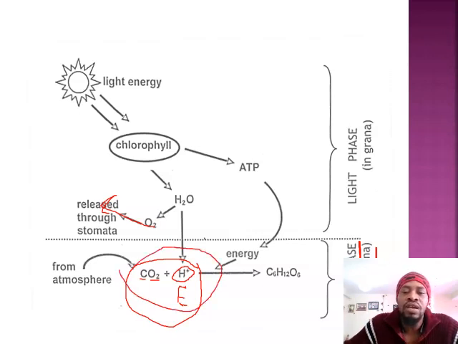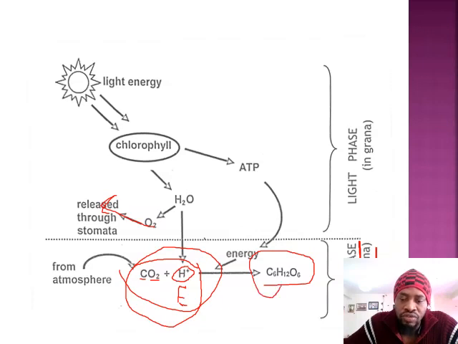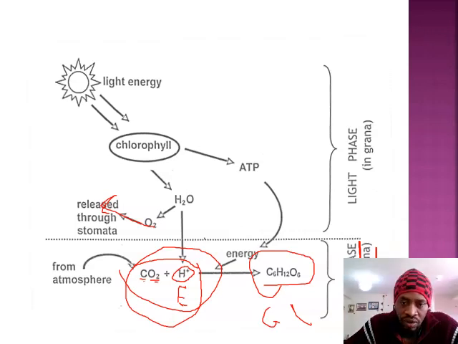A lot of energy is packaged inside there. When that energy is packaged inside, the whole thing now forms an energy-rich molecule. And that energy-rich molecule is glucose, C6H12O6. Because these are just single units of sugars, they will then combine with bonds to form a polysaccharide, which is starch. It means starch is basically made up of glucose. Glucose is basically made up of carbon, oxygen, hydrogen, together with energy.